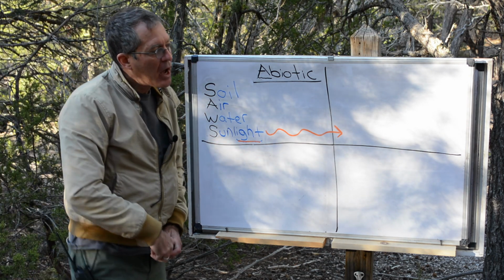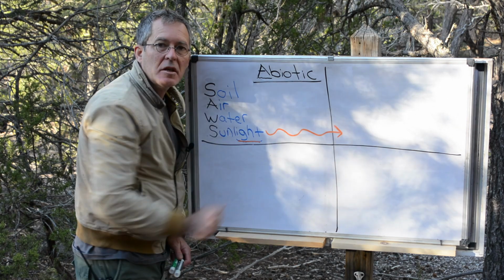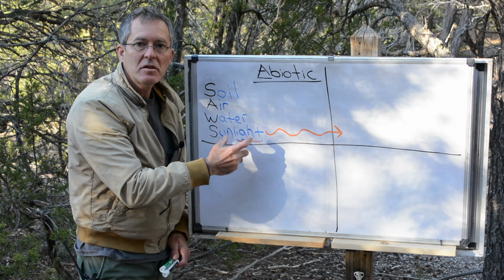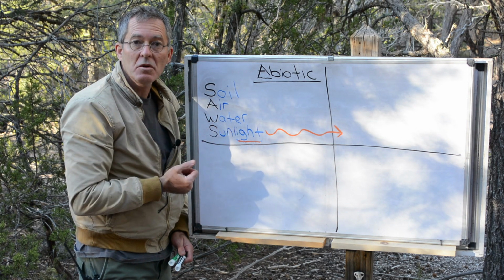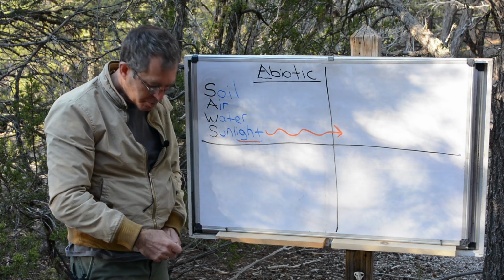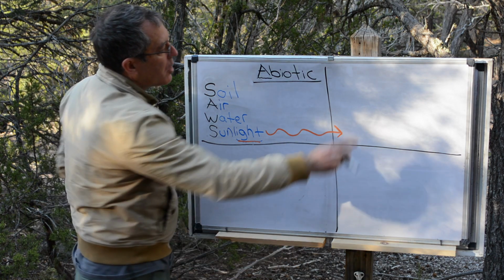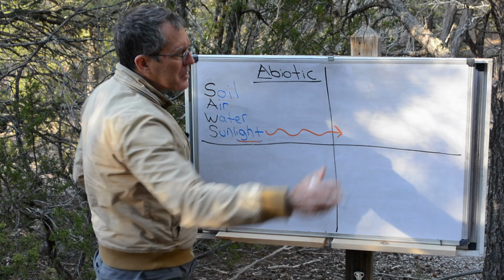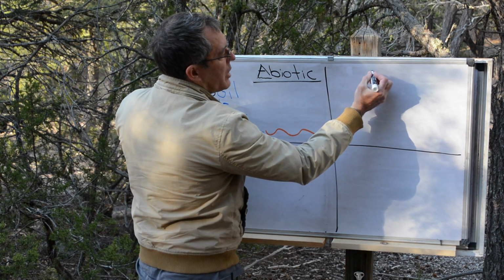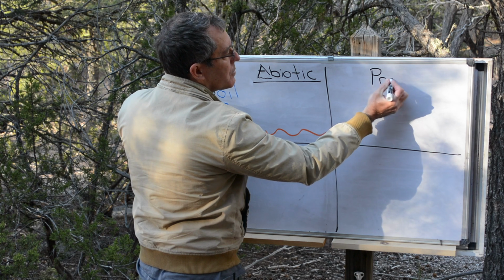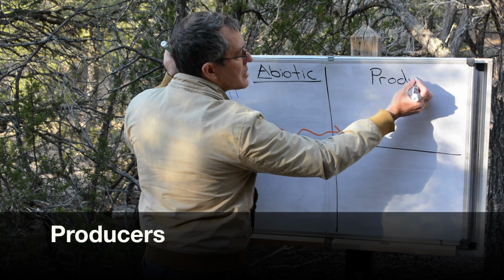So, this next box is going to be the things in an ecosystem that need that sunlight to make their food. Obviously, those are the trees, the plants. So, this box, we're not going to write plants. We're going to write a longer word. That word is